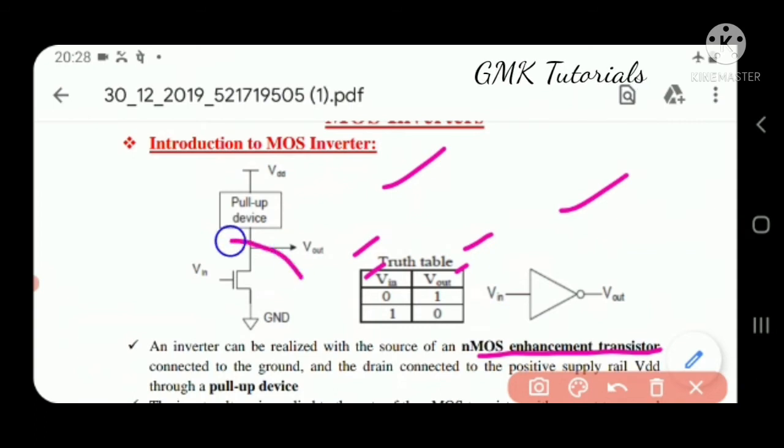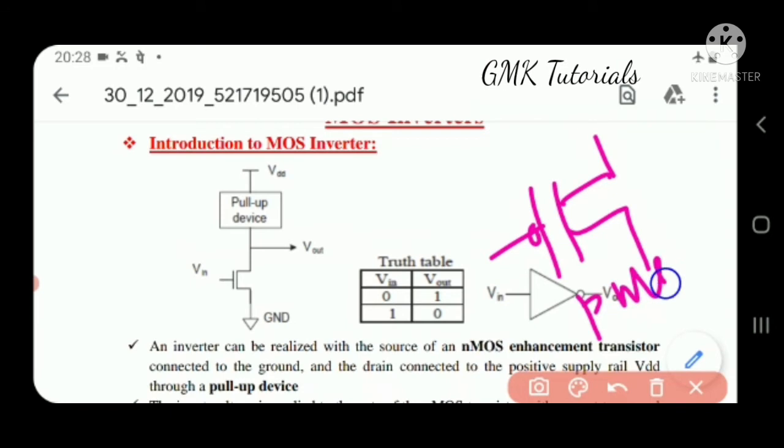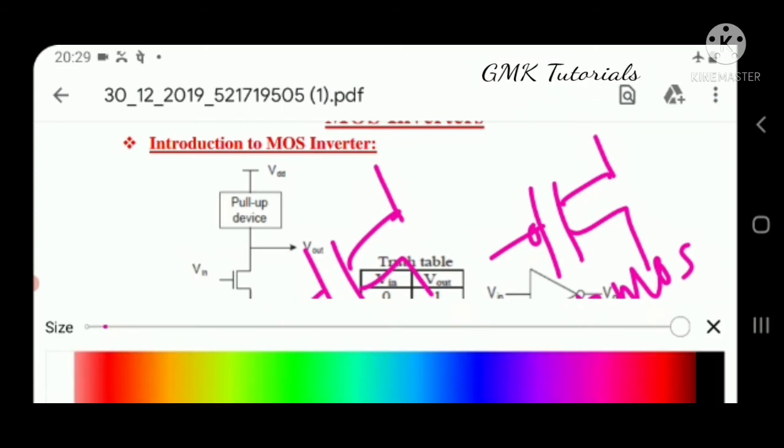This is generally called an NMOS. You already have some glance about MOS transistors. This is represented as an NMOS transistor, and a PMOS transistor is represented with a bubble sign. This is generally called a PMOS transistor, and this an NMOS transistor. Can you define a transistor? A transistor is a transfer of resistance from a low resistance region to a high resistance region.